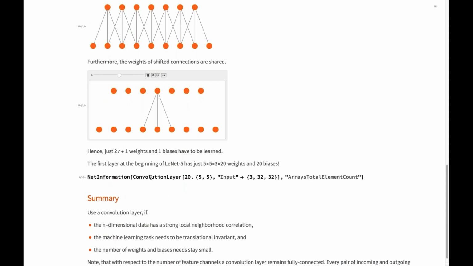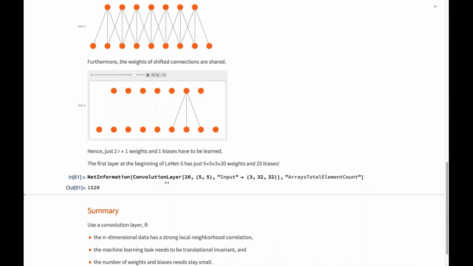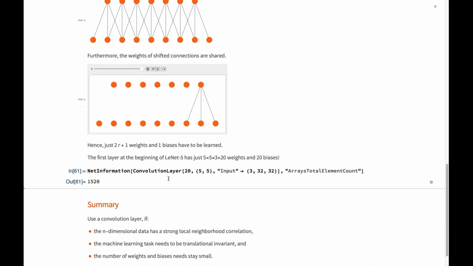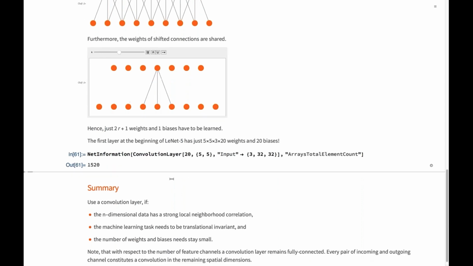Therefore, I now have far fewer connections, and you can see that instead of having 40-some million, I just have 1,500 connections in the first layer. So that's the benefit of convolutional networks. You just have much less to learn. When do you use convolutional networks?